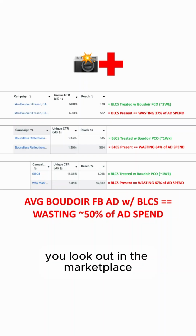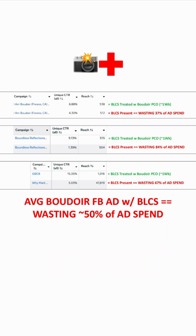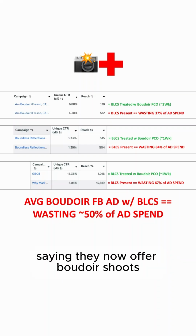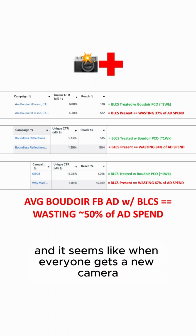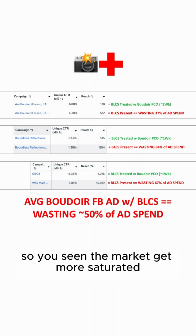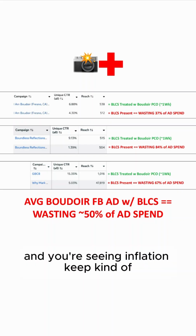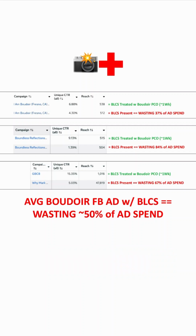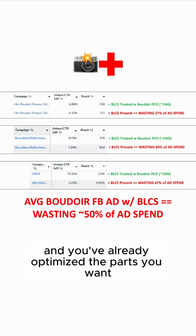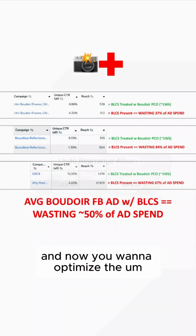and you look out in the marketplace, seeing it's getting more and more saturated. More boudoir photographers entering the market seems like every day. It seems like when someone gets a new iPhone, they throw up their Google My Business profile, saying they now offer boudoir shoots. And it seems like when everyone gets a new camera, they are literally posting in the mom groups that they now offer boudoir as well. So you're seeing the market get more saturated, harder and harder to compete, and you're seeing inflation keep raging around us. And you decide you're going to pull more profit out of the business, optimize more parts of the business, and you've already optimized the parts you want, and now you want to optimize